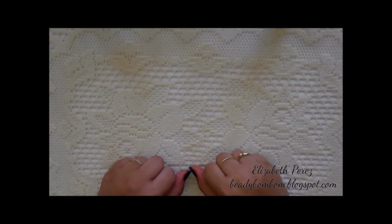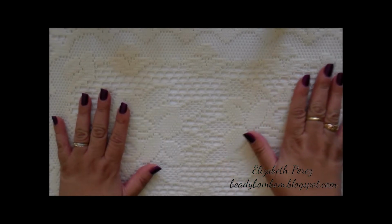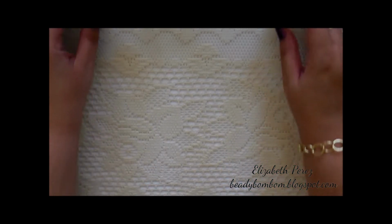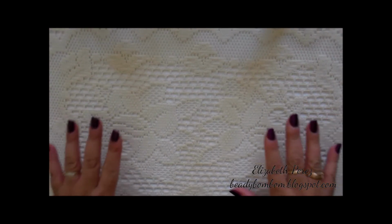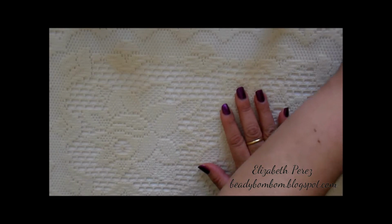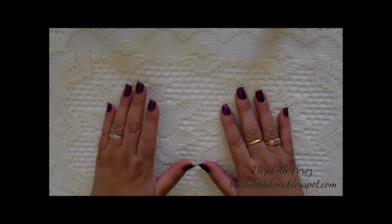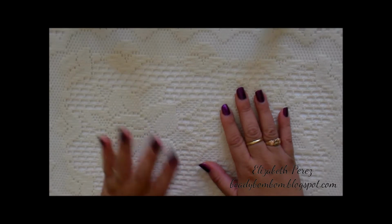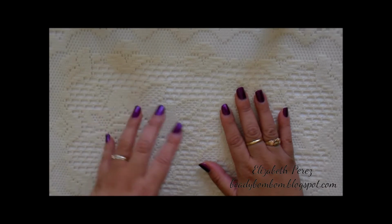Hi everyone, I'm here today to share with you a couple of projects that I was working on, and this was actually a custom order that was requested by a friend from Facebook. She's not a crafter, but I met her through a planner group, and she saw the vintage banner that I had made and she wanted one just like it. And the only exception is that the colors, she wanted it black,